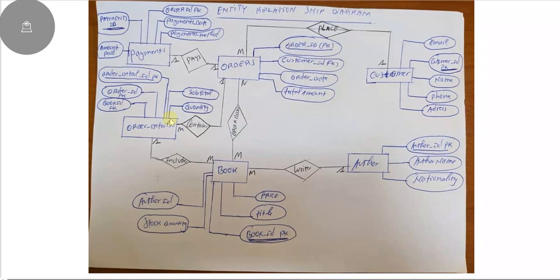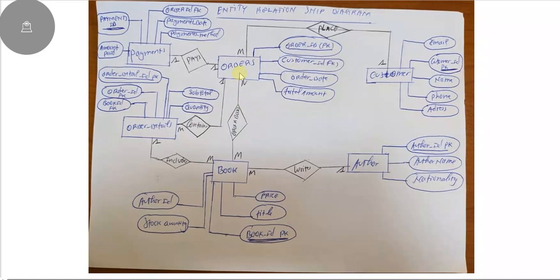And the first one is between payment and the orders. That relationship is called pays. Payment pays orders, and it has a one-to-one relationship type. And then you have the relationship of orders and the customer, where customers place orders, and the type of that relationship is called one to many. As you see, one customer can make many orders, and then